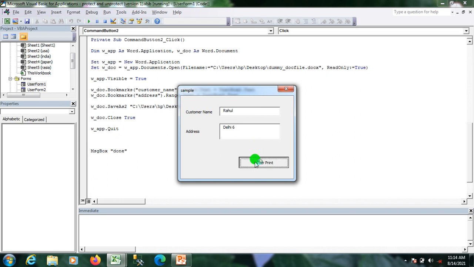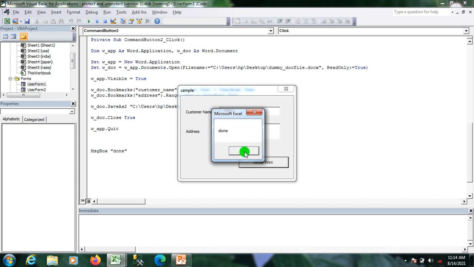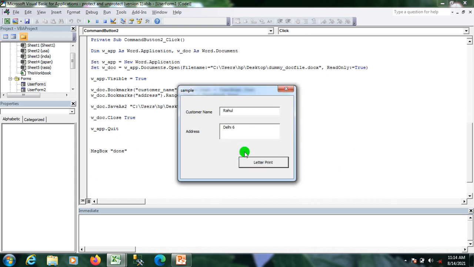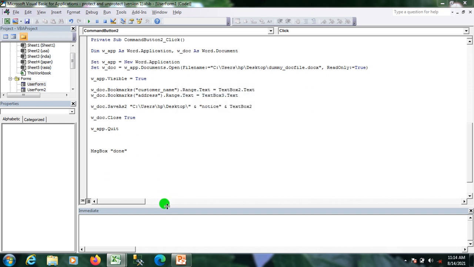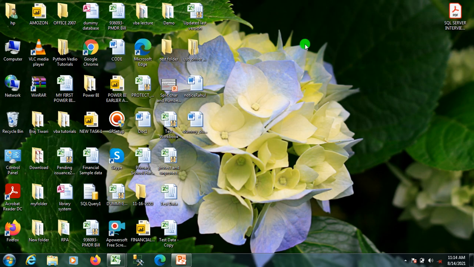I click on Print. Now you can see that it's done. My letter has been printed. These values are inserted in the letter, and the new letter has been generated.